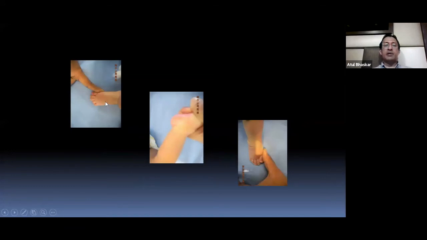You can see there are multiple fine creases, the lateral border is straight, and the talar head is well reduced. The only thing that remains is the equinus. So you can see there's an equinus, an empty heel, a deep posterior crease. You can grade this as 2 or 3. But the main thing is there is hindfoot equinus, and this is the time you will plan your tenotomy. You can do further plasters as well, but the idea is to quickly correct the deformity so that you can get the foot into a splint for early rehabilitation.